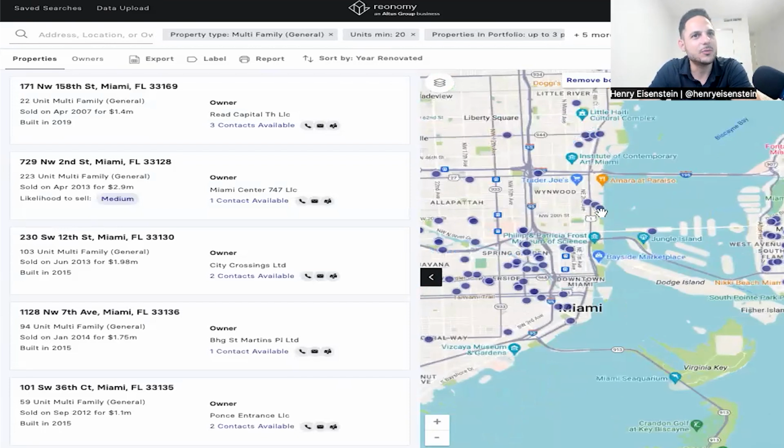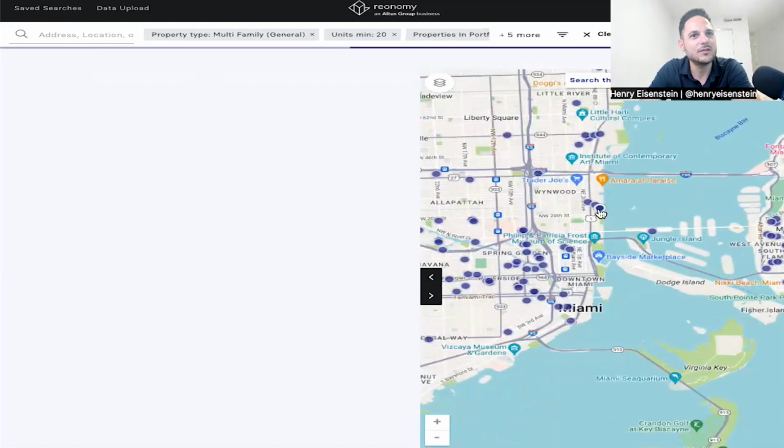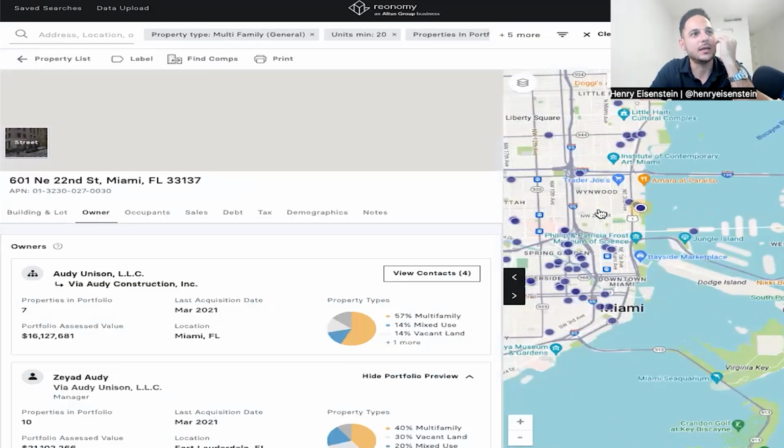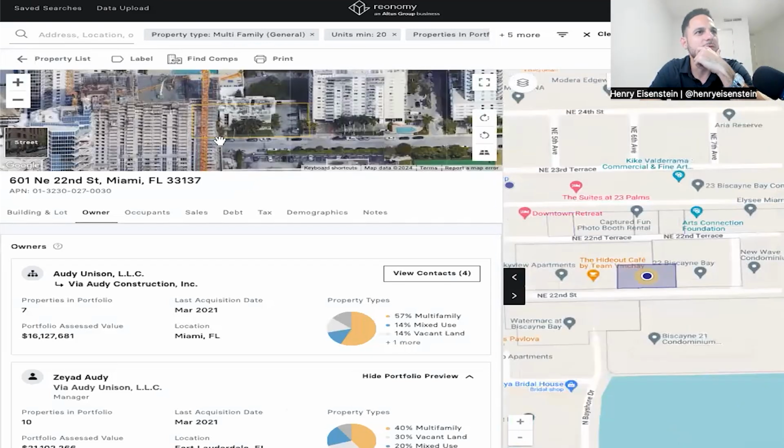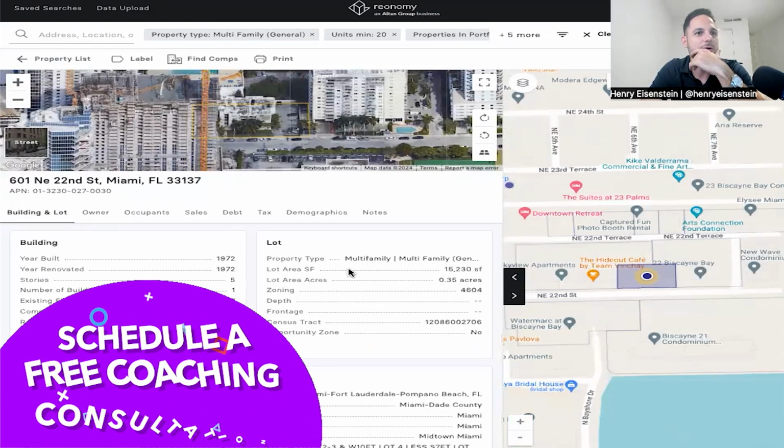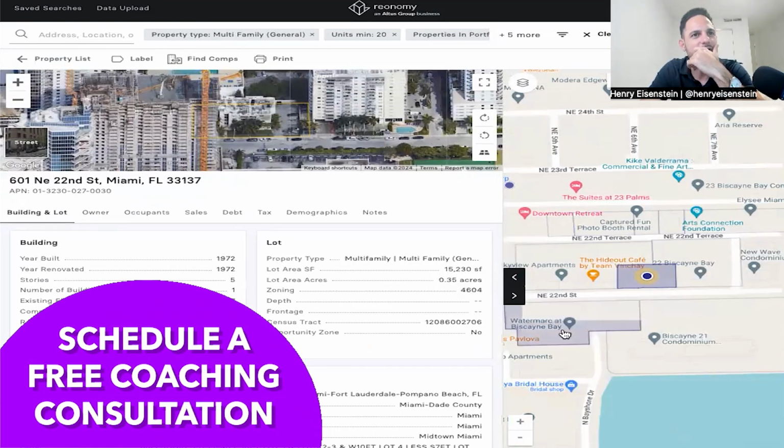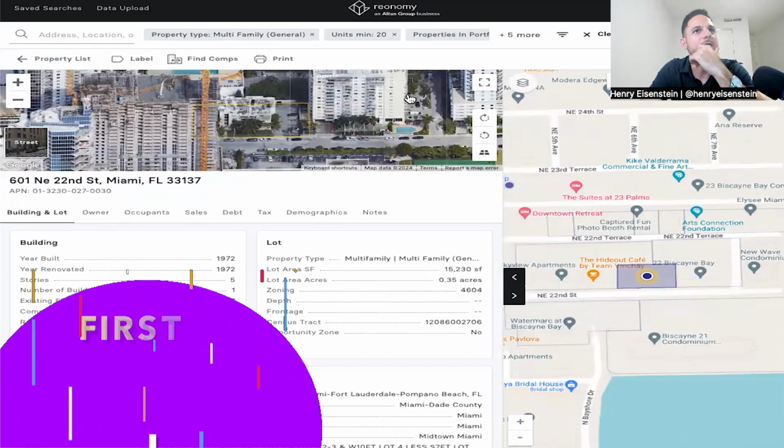I'm going to try to click on one of these just to give you some reference. This is why I think it's important to go by counties in a specific way. This one here might be a decent option. But again, this person has $21 million, which is probably not accurate. It's probably way more in assessed value. As you see, the assessed value is totally off. This property here, again, it's saying it's 21 units. It's probably not a good example, but I want to show you that there are